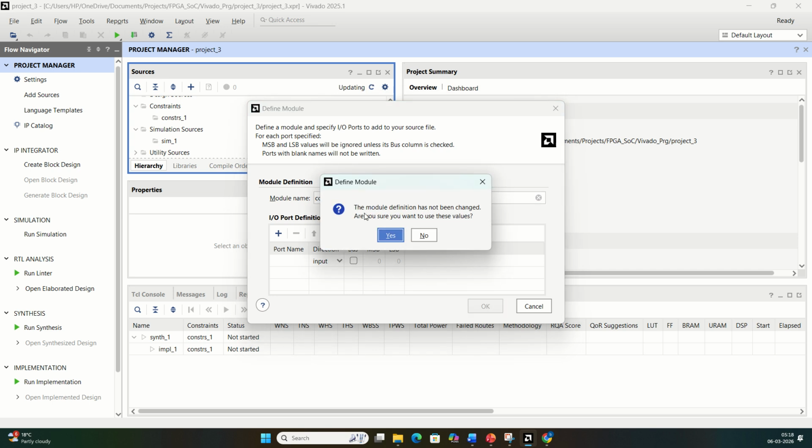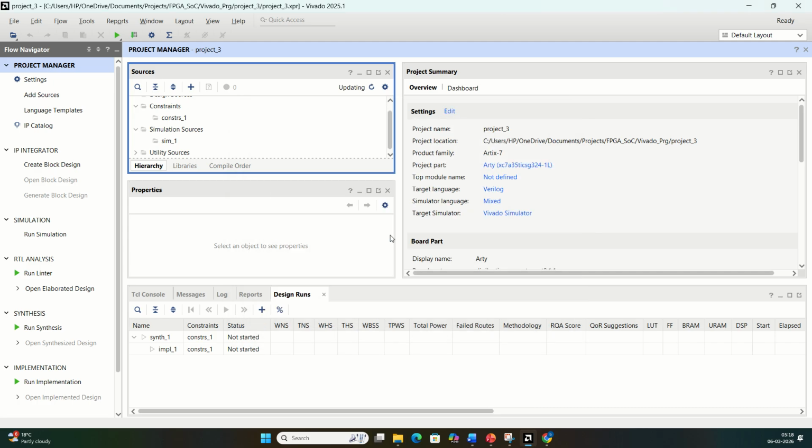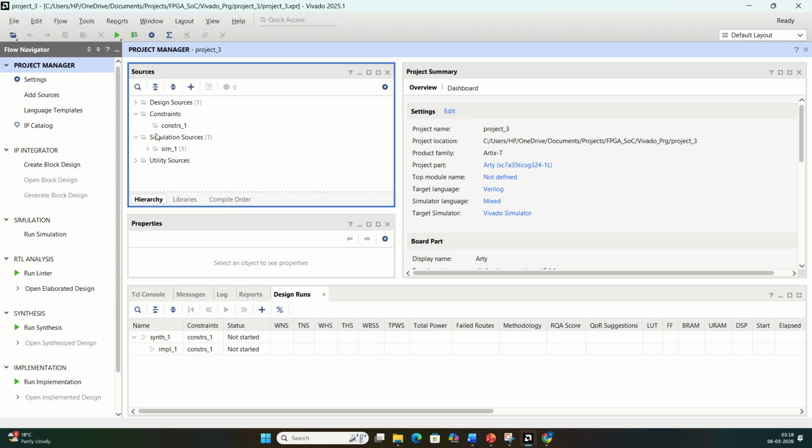So it is asking us the module definition has not changed. Are you sure you want to use these values? Just press OK. So a directory is created, a source file is created. Okay. Now you will see that there is a design source that is available, and it is